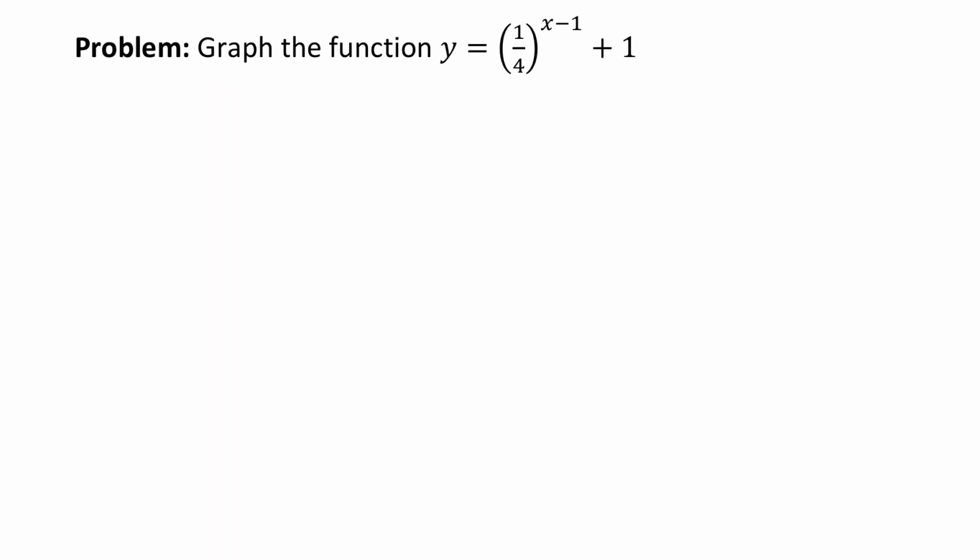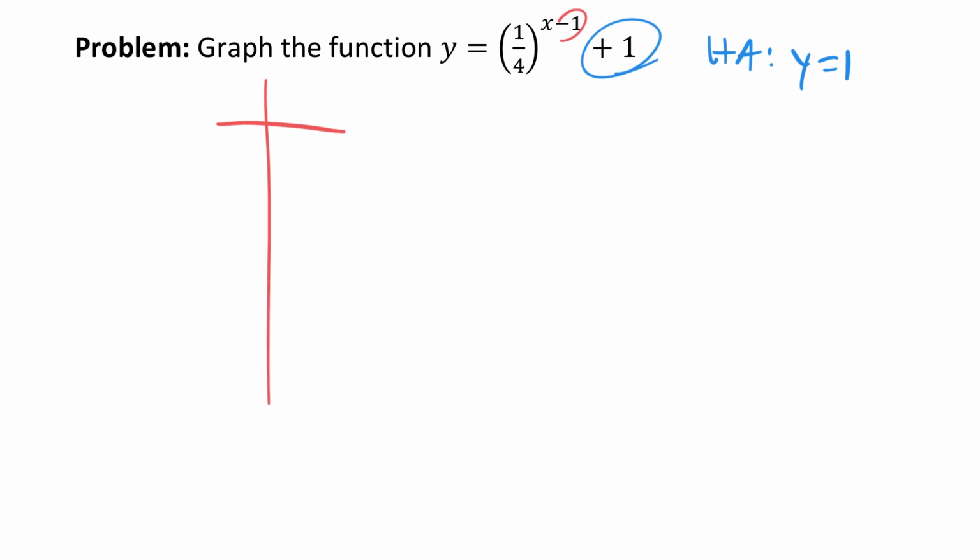All right, go ahead and graph this function. y equals (1/4)^(x minus 1) plus 1. Okay, now the plus 1 here means we have a horizontal asymptote at y equals 1. Because of that minus 1, that means we're going to move it right by 1. So right by 1 unit, that means